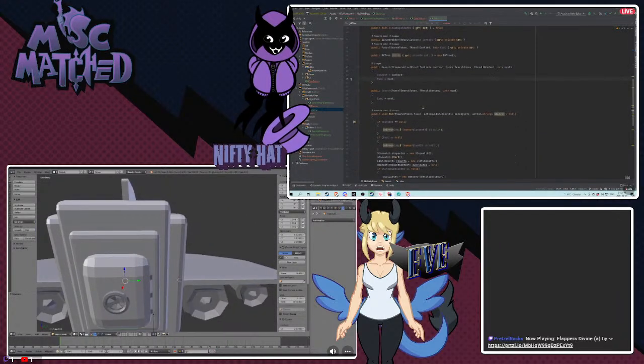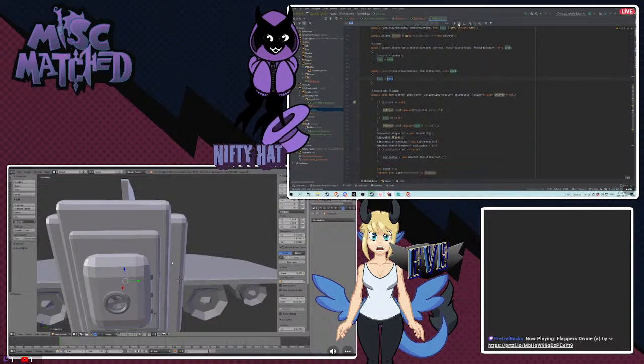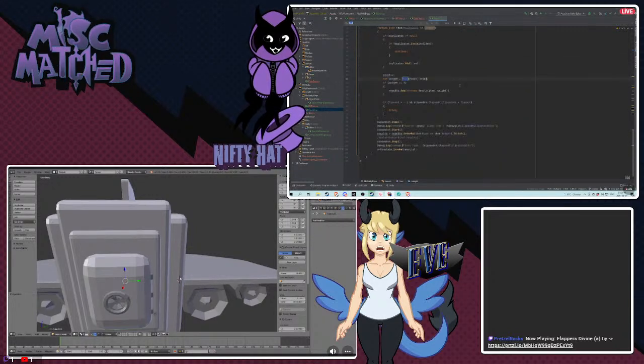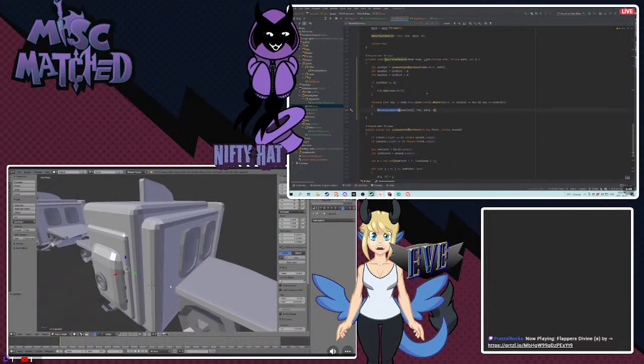No, I just want to move the pivot point, not the whole fucking object.